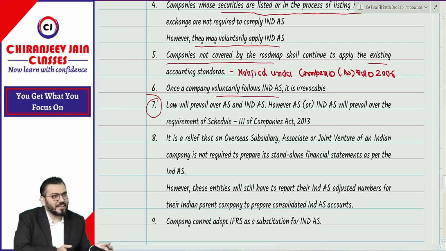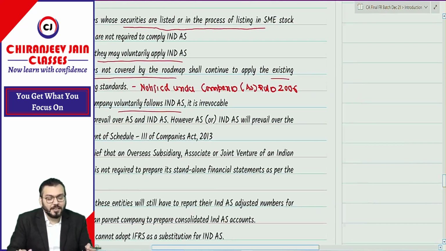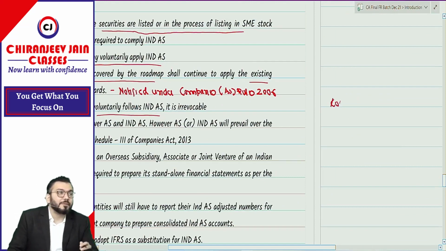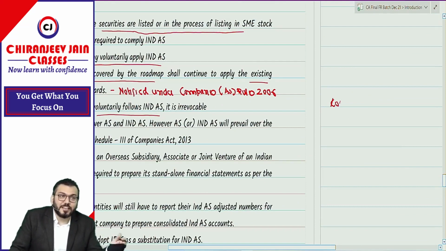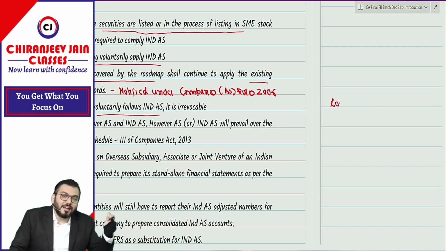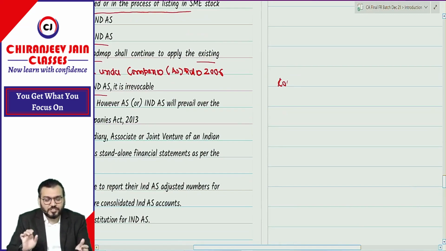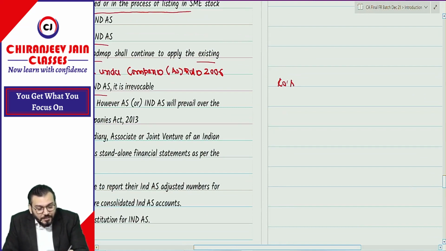Ind AS. AS as well as Ind AS. Correct? Means any act. When I say law, it can be Companies Act, it can be Banking Regulation Act for banking company, it can be IRDA for insurance company. Law will prevail over Ind accounting standard. Correct? But for your clarification, just try to understand this: Companies Act